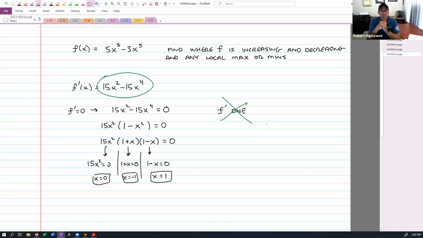All right. So at this point, we need to start thinking about the first derivative test. The first derivative test said that if our derivative changes from a positive to negative, then we have a local max. If the derivative changes from negative to positive, we have a local min, right? That's what it said. So we're going to try and come up with an efficient way to do this.